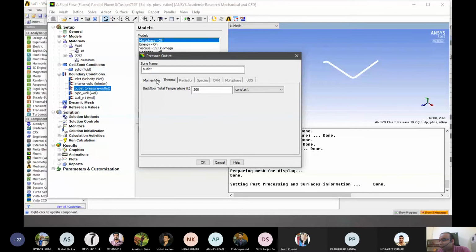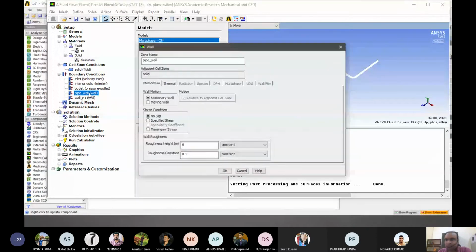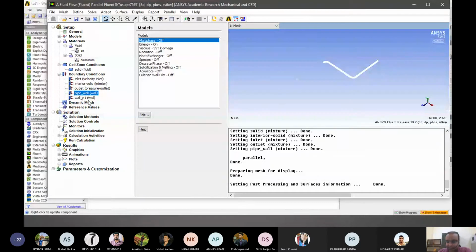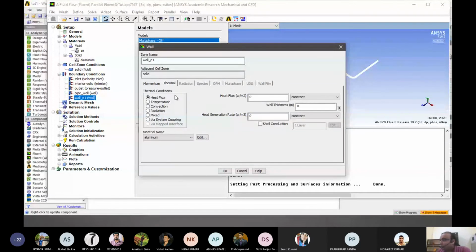Let's give temperature. At a constant temperature, it can be, suppose, 200 degrees Celsius, which is 473 Kelvin.